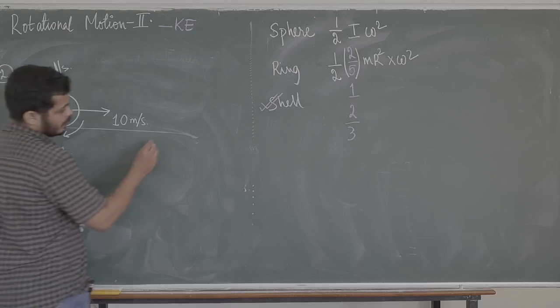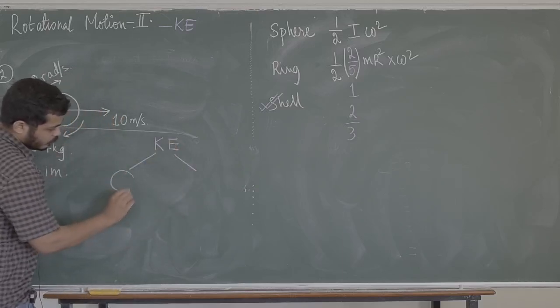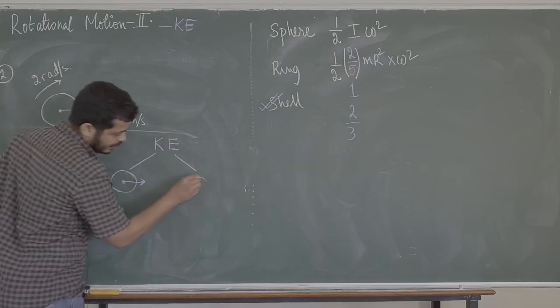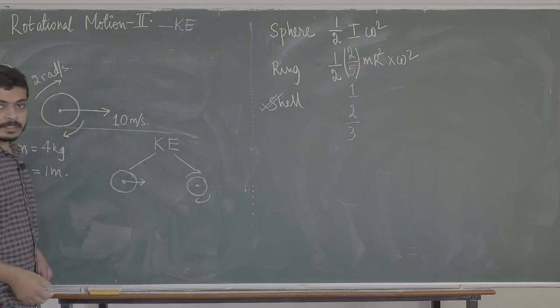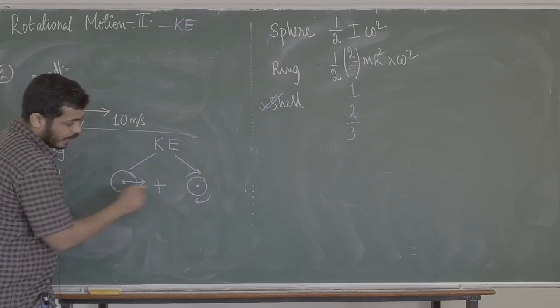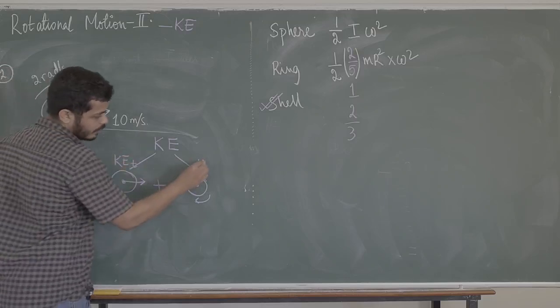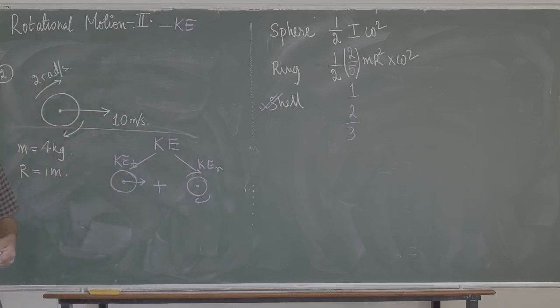Try to understand that the kinetic energy of this disk is because of two things. If the disk is moving, just because of its motion it is going to have kinetic energy. If the same disk is just rotating, then because of its rotation also it will have kinetic energy. In this case, the disk is moving and rotating, so it will have kinetic energy of translation and also kinetic energy of rotation, both. If it was only translating, only translation; only rotating, only rotation. If it is doing both, it will have both kinds of kinetic energy.